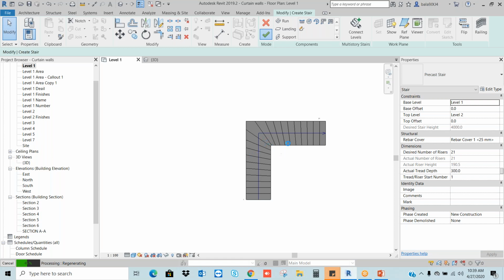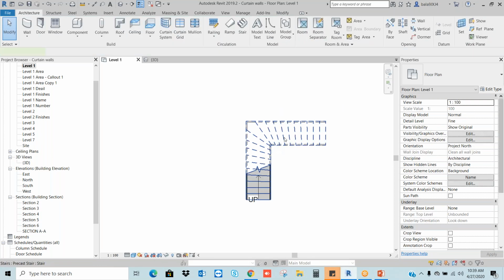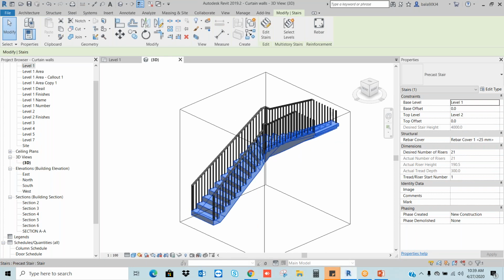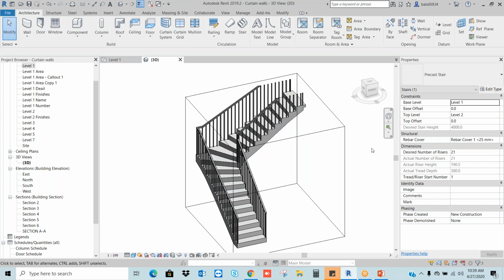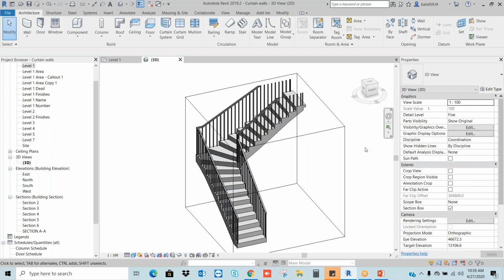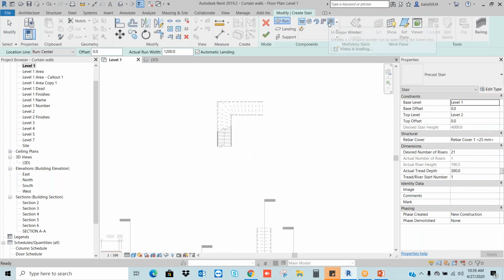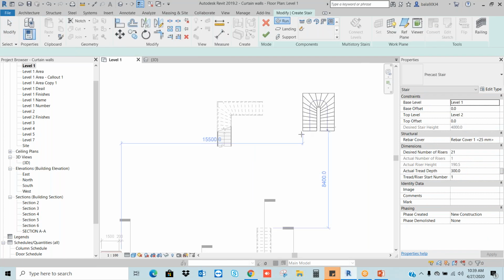There you get the direct straight one. Here we will get the inclined staircase. Now I am going to use this architecture staircase. Let's say U-shape winder. I can get it directly.